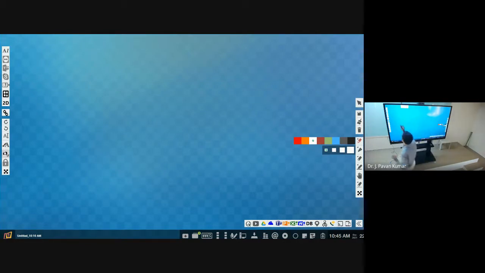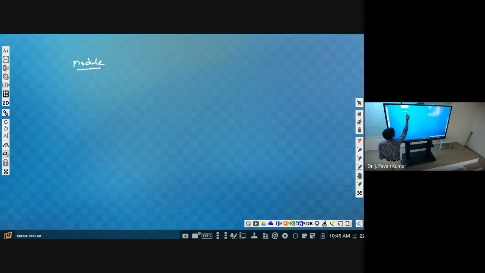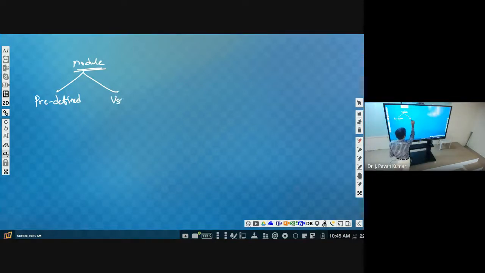So far we have seen what is meant by module. These modules we can have in two different ways, that is predefined or user defined. Predefined examples: math, regular expression.